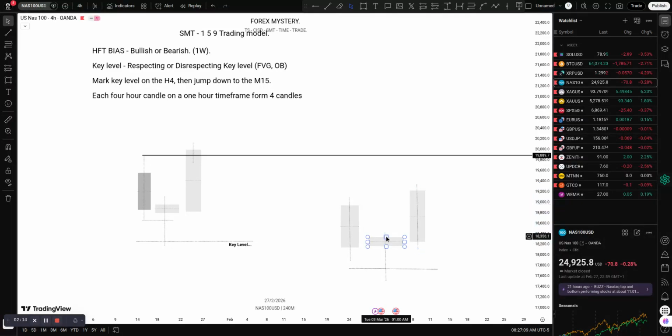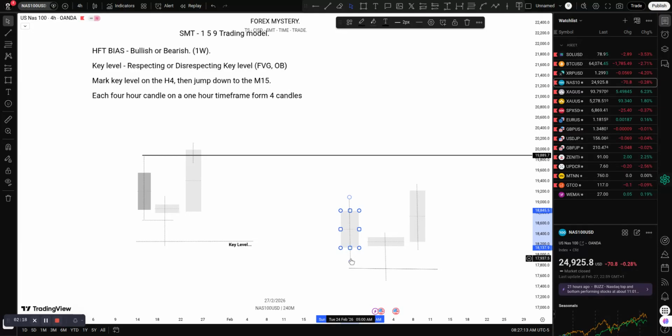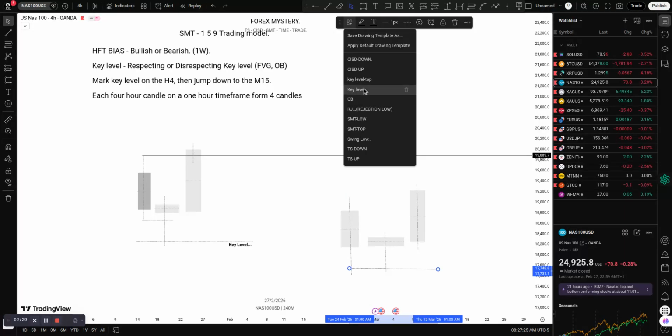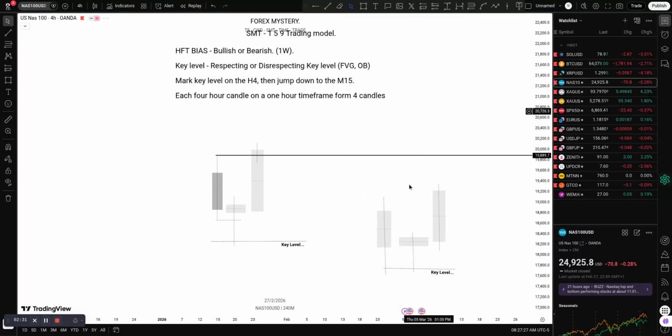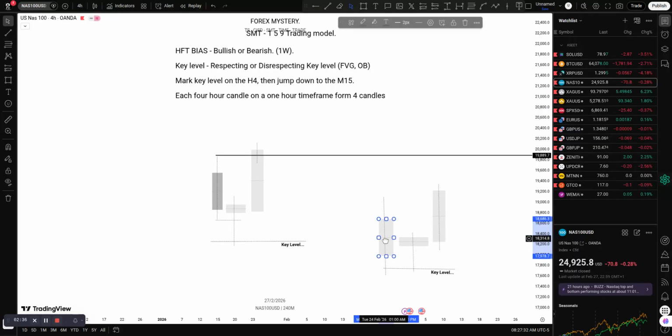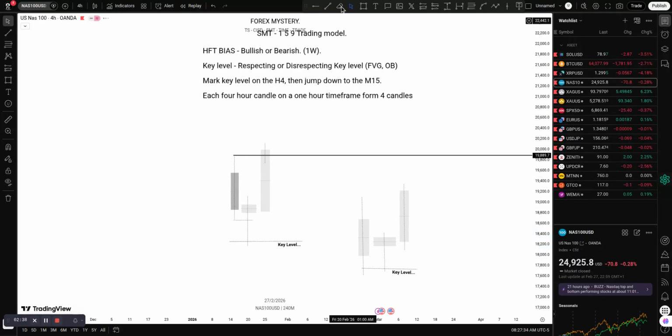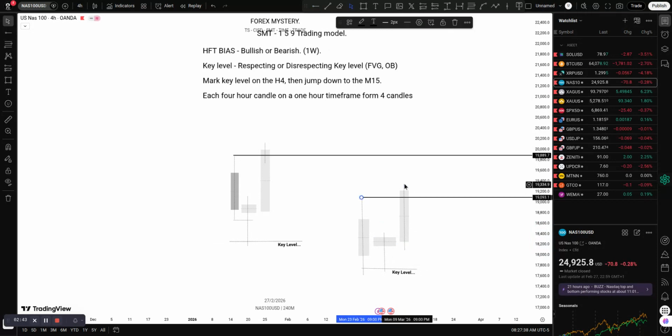Sorry for not talking, I was just trying to figure something out. This might actually be the key level, something like this, key level, key level. Okay, let's just say this can actually happen. Then